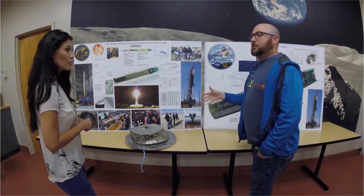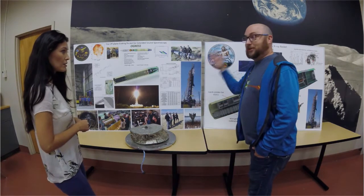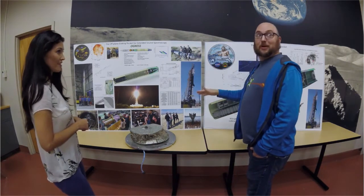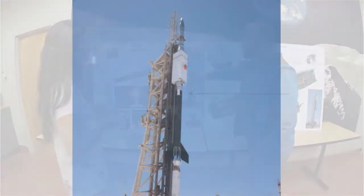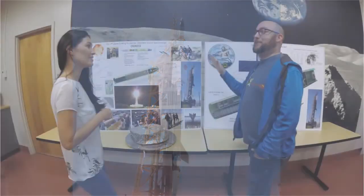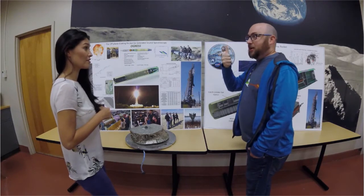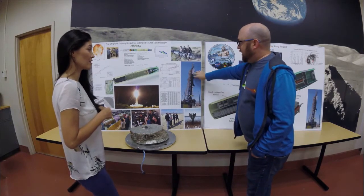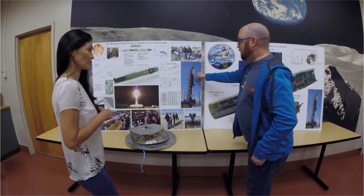Now, unlike liquid rockets where you can close the valves and turn the motors off, once our motors are lit, they are lit. They're burning, and they are gonna burn until they're done burning. So this is a little piece of explosive, and there's some person, we never get to meet that person, in some magical room at range control with a button that they hold down, and if they let go of it, this blows up, and it basically destroys the top end of the motor. And when that happens, the burning propellant...